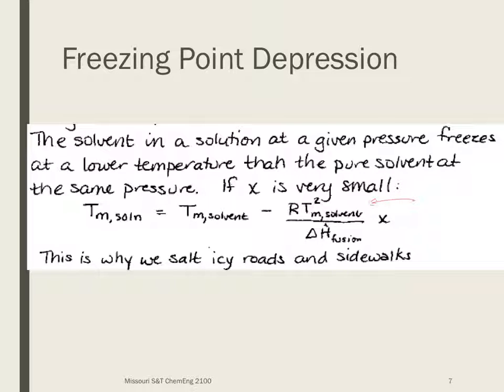And now remember, this has to be in Kelvin, or if you're using English system, then degrees Rankine. Okay, so an absolute temperature squared over delta H of fusion times that liquid fraction. Again, this is going to be the idea behind why we put salt on icy roads and sidewalks. This isn't going to be very correct for those because salt is going to dissociate when it mixes with the